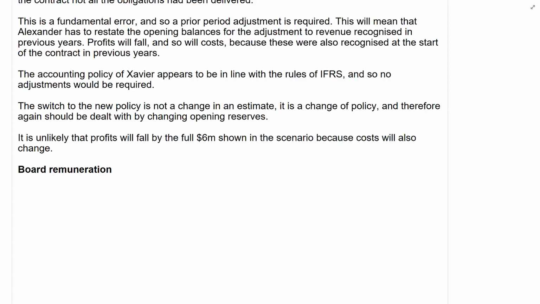So next we're looking at payment of the board. We've got a management and a supervisory board, and it pays its board. We've got a salary, bonus, and share options. And in the group financial statements, it disclosed the total remuneration paid to directors and non-executive directors, and a total for each of these. No further breakdown was provided. Per IFRS, payments to related parties, which includes all directors,